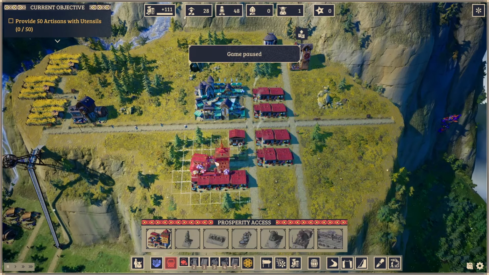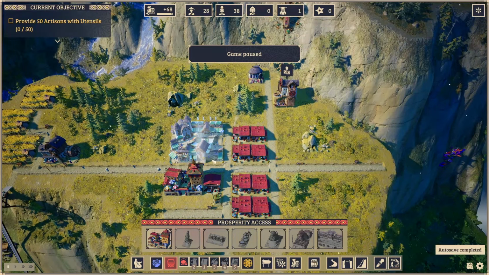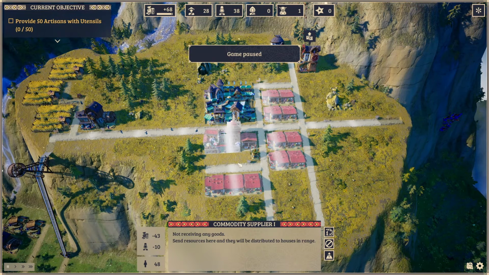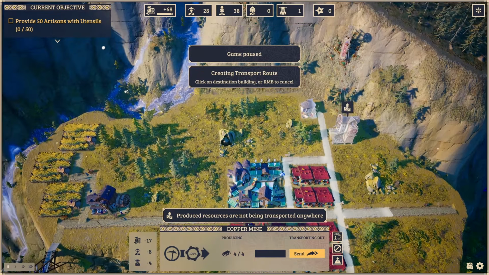Oh wait, did I make a mistake? Huh. Okay, I did make a mistake, because clearly this was only 2 layers. Okay, so this is not a great layout. I made a definitive mistake. But anyway, we need to make sure, as I was saying, that this is...